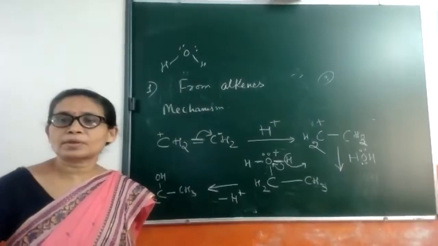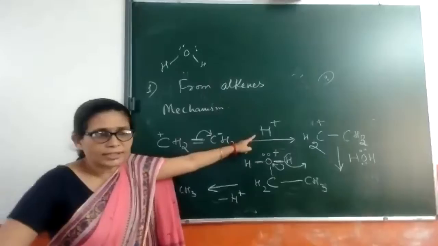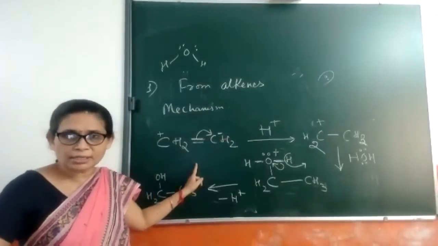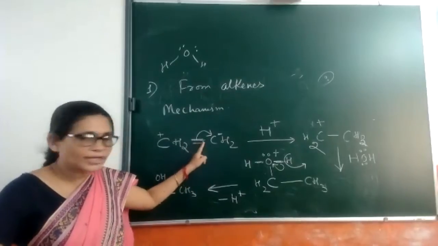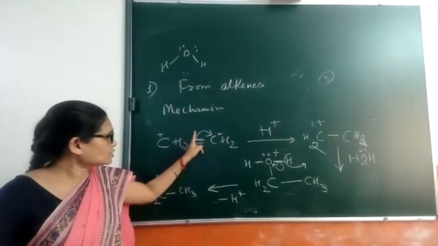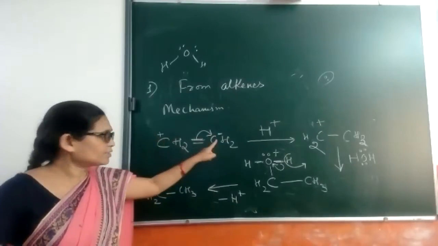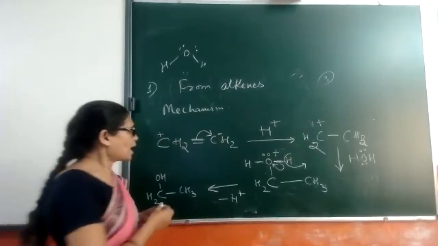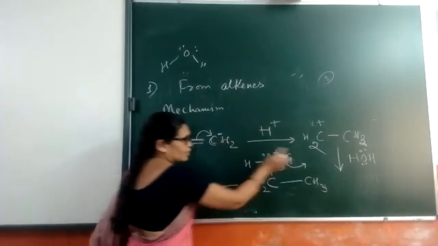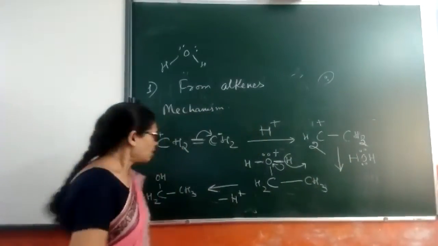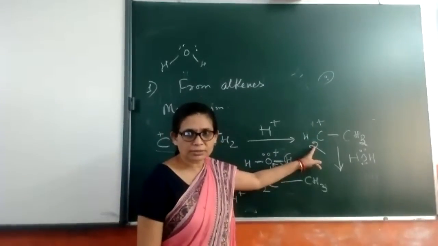Okay. So first of all, when this proton is approaching this alkene, it will start showing the electromeric effect, the pi bond is breaking and the pi electrons are getting transferred to 1 carbon. So this carbon is getting positive and this is getting negative charge. And at this negative carbon, finally when this proton comes, it becomes CH3. But this carbon still remains with a positive charge.